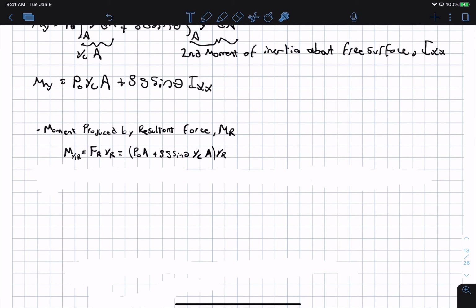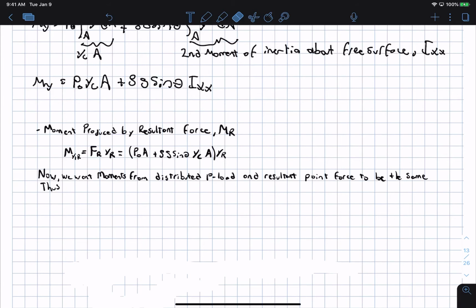So now we want this expression here, which is nothing more than the resultant force times the moment arm, equal to this expression here, which is the moment produced by directly integrating the pressure forces. Okay, and so we want them to be the same, and so we set the moment of our point load equal to